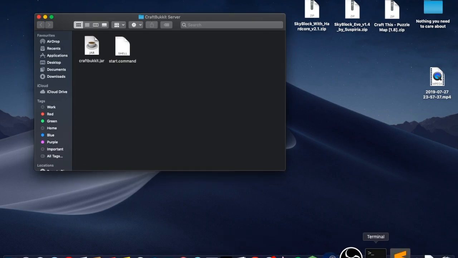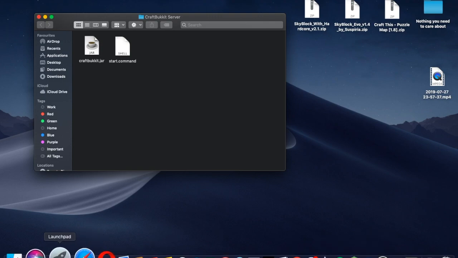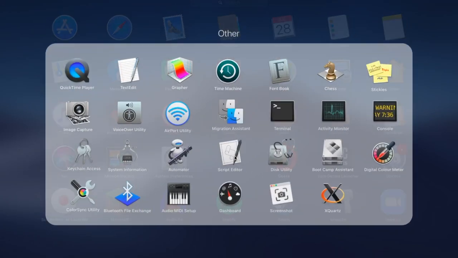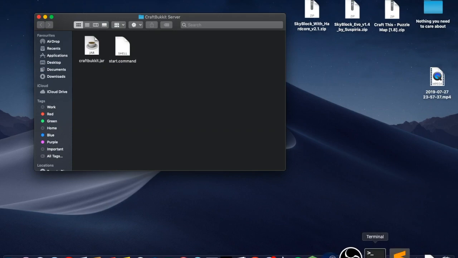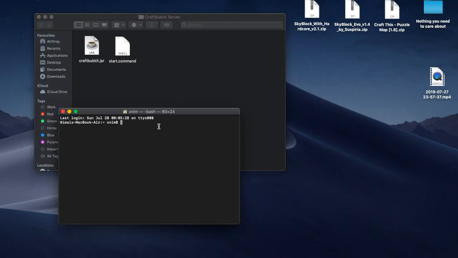Now I'm going to open up a new Terminal window. If you can't find Terminal in your dock, go to your Launchpad, then go into the Other folder, and you should find it in there. Now that you've opened Terminal, right here, without pressing any space keys, you're going to want to type in chmod